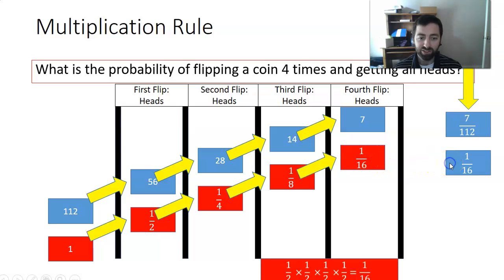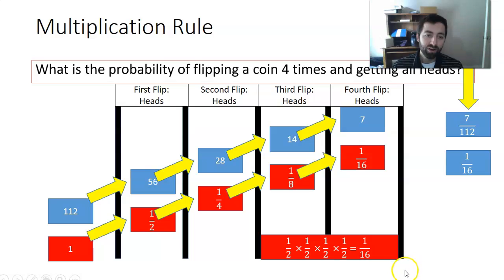So in other words, all that we really are doing when we get these numbers is multiplying the chance of getting heads on each of these flips. We had 1/2 times 1/2 times 1/2 times 1/2, and that equals 1/16, and that's what we got here. Now this first one is the intuitive approach, but we're going to try and get out of these actual numbers and into just fractions and probabilities, a little bit more like what I was doing right here.